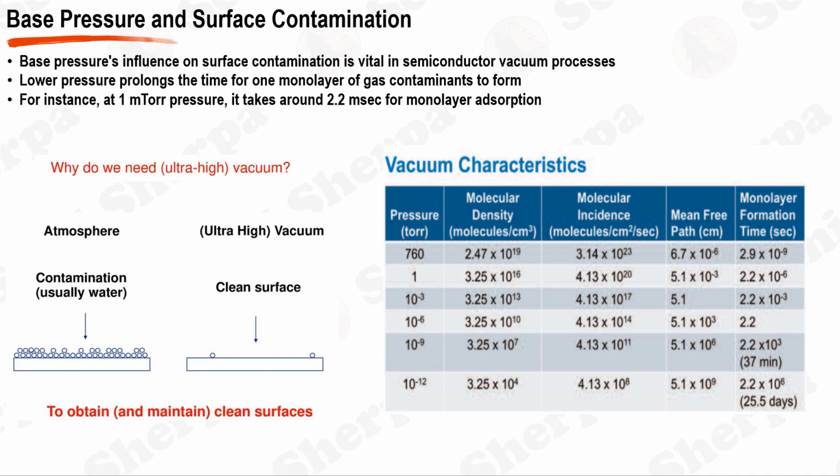As the pressure decreases, the time needed for one monolayer of gas contaminants to form increases. For example, at a pressure of 1 millitorr, it typically takes approximately 2.2 milliseconds for a monolayer of molecules to adsorb onto the surface. This duration signifies the time needed to achieve complete coverage by gas molecules. Additional examples include 4 seconds in high vacuum and 4 days in ultra-high vacuum, as monolayer coverage time inversely relates to pressure. These examples emphasize the importance of maintaining a low base pressure to minimize surface contamination during semiconductor vacuum